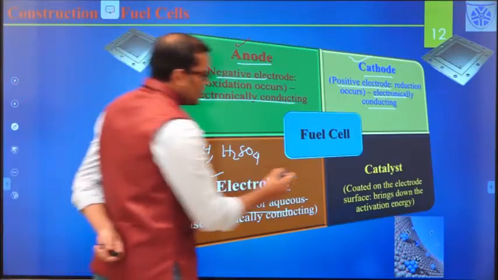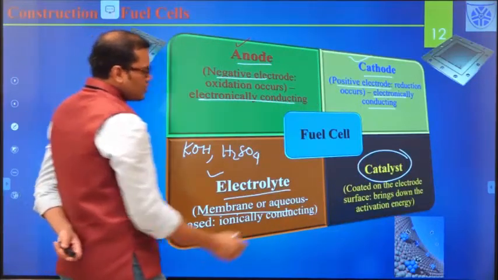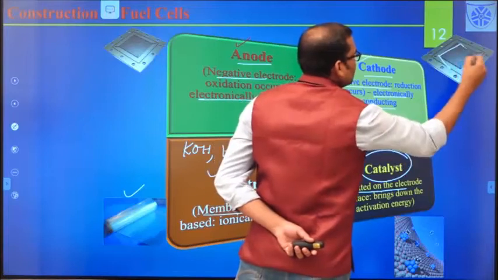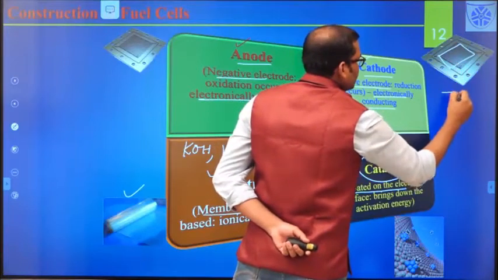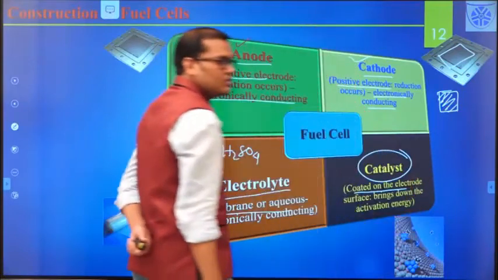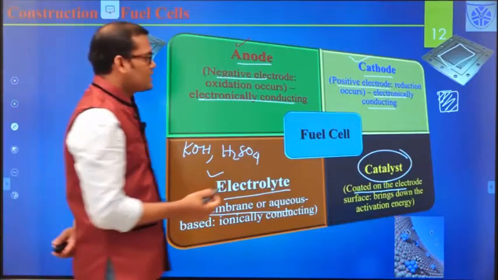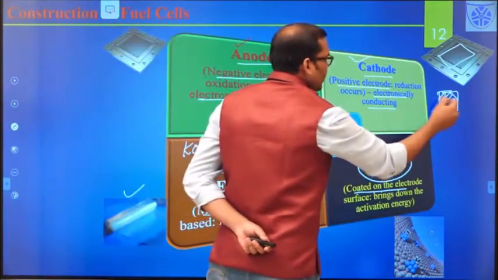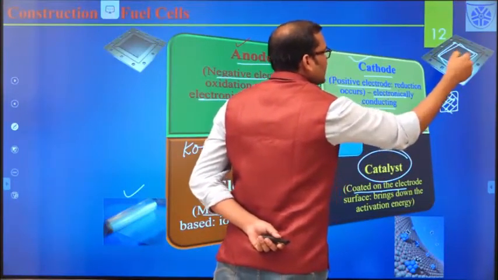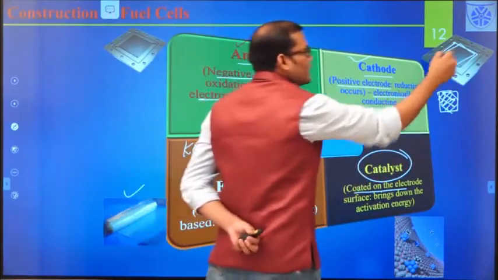And the last, not the least, a very important component is the catalyst, right? This catalyst is basically coated on the electrode surface. One more electrode we use is called graphite foil. On that we basically coat the catalyst, like carbon based catalysts, or platinum, ruthenium based catalysts. We coat it on that graphite foil and put it on the top of these, and these lines are called flow. So the gas will flow through that, right?